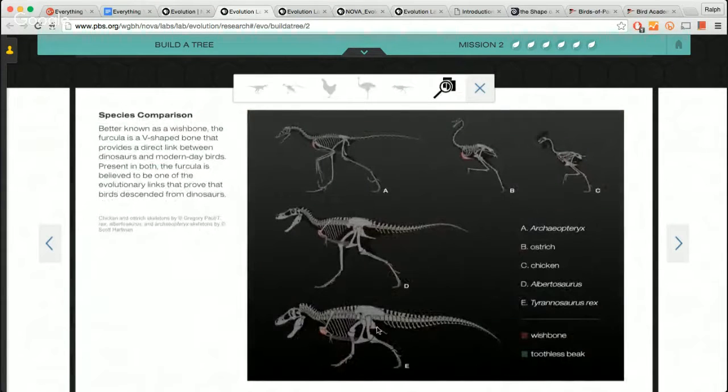Here you actually get a glimpse of the fossil evidence, and this is a really good way to reinforce it. I think the game does a really good job of reinforcing how the evidence for evolution appears in many different ways. In some of the other missions, you're looking at DNA evidence, and in others you're investigating biogeography. So it's a dynamic view of all the different ways scientists have been able to evaluate and understand how evolution has occurred across these many different species.